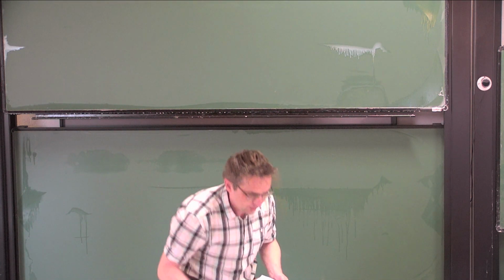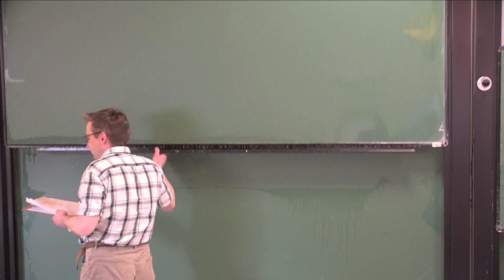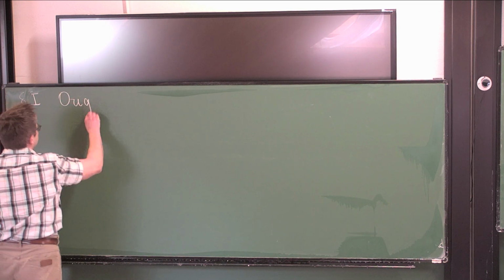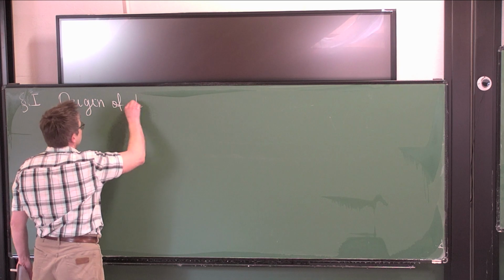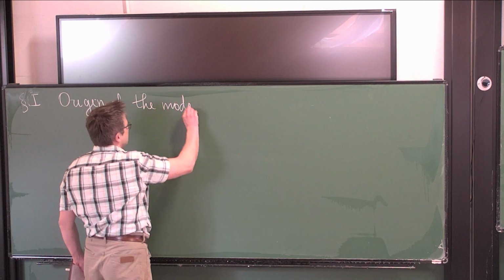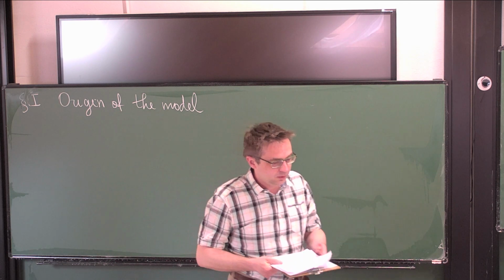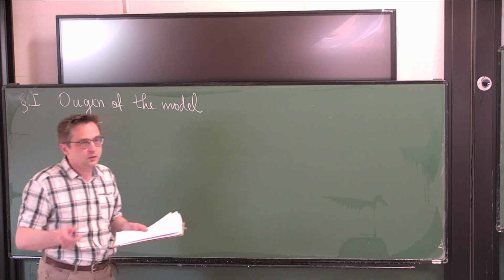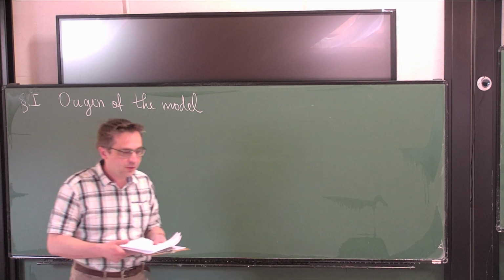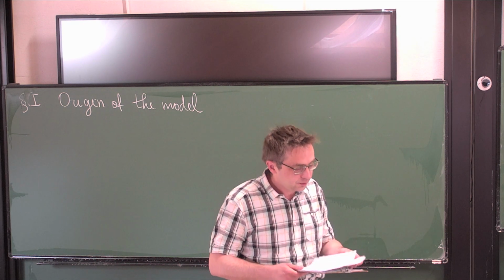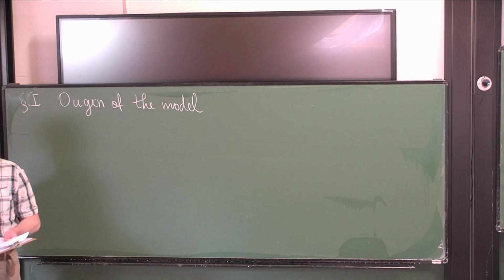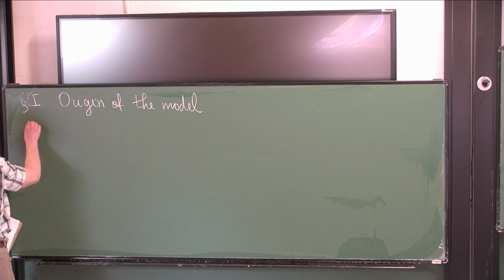I would like to start with an explanation of the origin of the model. Also, this part essentially appeared in a talk of Moro on Monday, and there is of course a significant overlap with what Dima was saying. So, we are talking about models for the fractional Hall effect on a torus, and